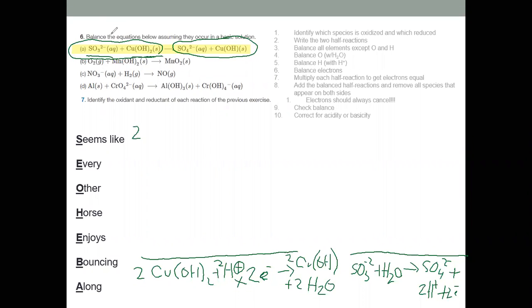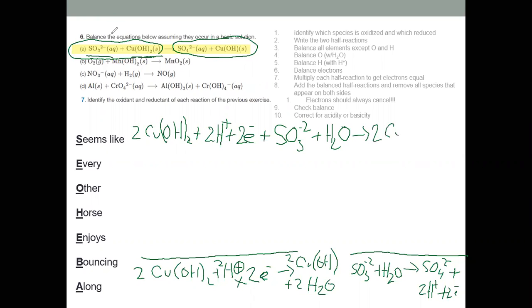So we have 2 copper hydroxide, 2 plus 2 protons, plus 2 electrons, plus, now let's bring in the sulfur, plus SO3 2 minus plus H2O, and all that goes to